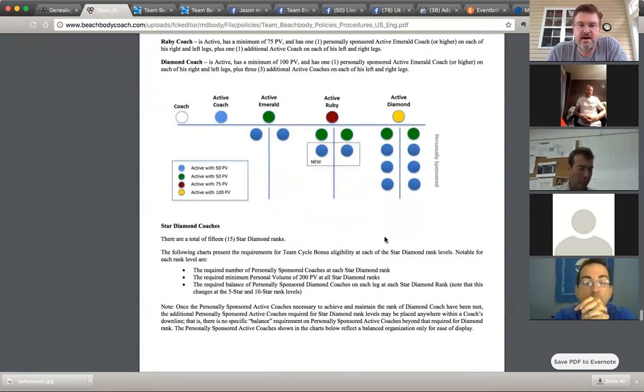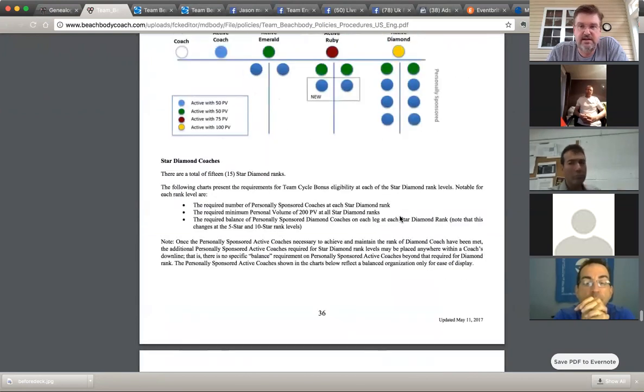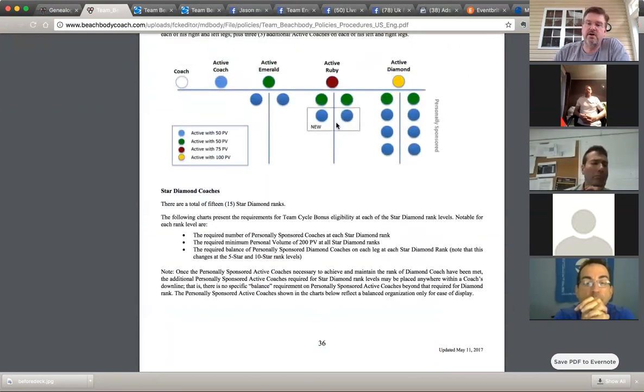So the other thing about Diamond is, once you become Ruby, you can also start making matching bonuses. So Ruby and above, you'll make matching bonuses. As a Ruby coach, you'll make a 5% matching bonus off of your personally sponsored coaches. So whatever they're making in their bonuses, you're going to get 5% of that off of your personally sponsored. And that's in addition to the team cycle bonus. Okay. And as a Diamond, you earn 10%. So anything your personally sponsored coaches are making,